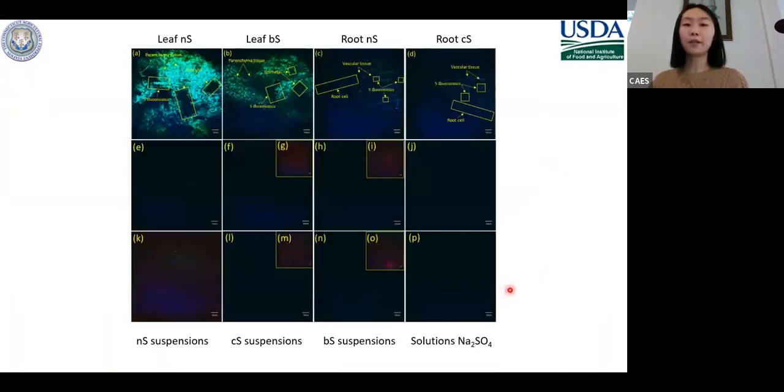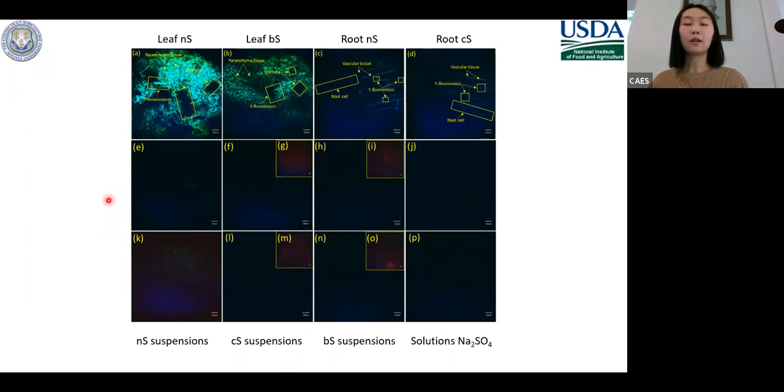By this technique, we were lucky to have results showing that the fluorescent signal under this two-photon microscopy of the sulfur materials is size dependent, size sensitive. For example, images E and K represent the uncoated nanosulfur without and with sonication. Before the sonication, we only saw a weak fluorescent signal, but after the sonication, we saw a stronger, higher intensity fluorescent signal. This is because after the sonication, the previously aggregated nanosulfur disperses better in the suspension, and more nano-sized sulfur starts to